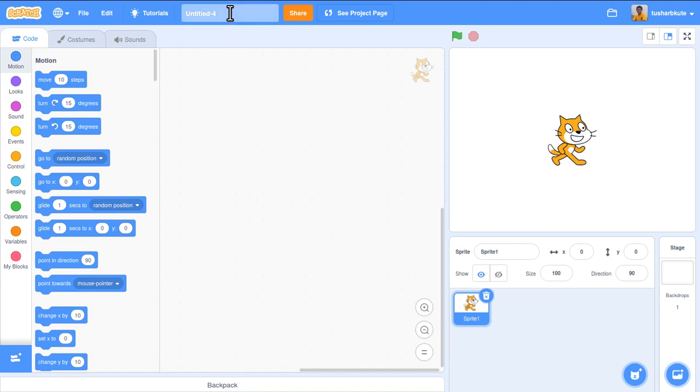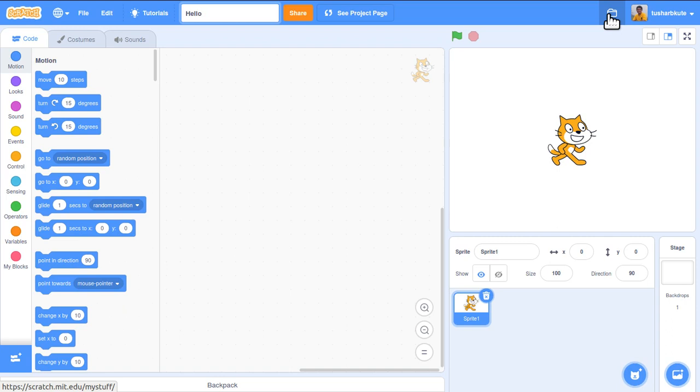After that, you can check this option present here. It contains the name of the program. So here Untitled 4 is the name of the program appeared. I can change this name as per your requirement. Like for example, I want to change this name to hello. So I type the name hello here, and now this file will be saved by the name hello online method. Okay, now if you go to the next options, here my login is present already. Here you can see all the projects which I have created. Maybe if you have created the project for first time, these options will not be visible to you.